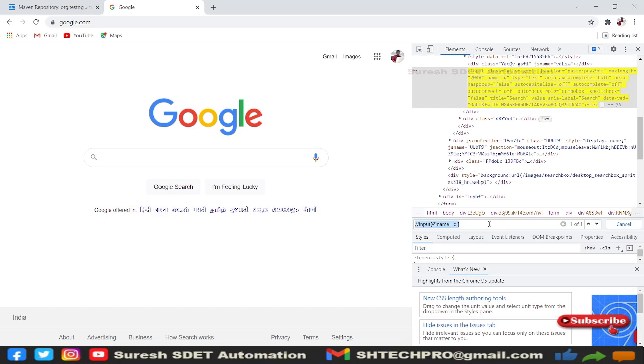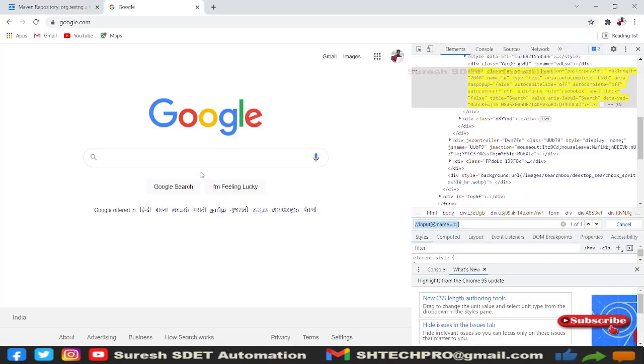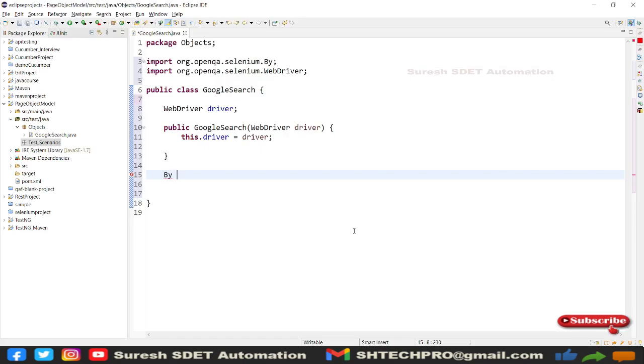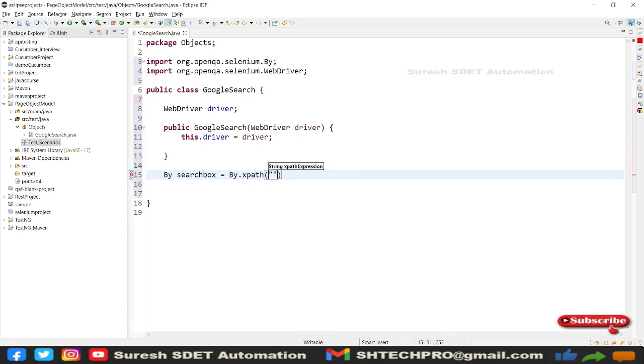So this is the XPath we need to copy, and by we need to say this is the Google search box equal to By dot XPath. Under this XPath I will paste this XPath with a semicolon.